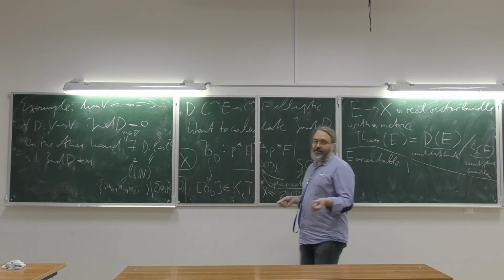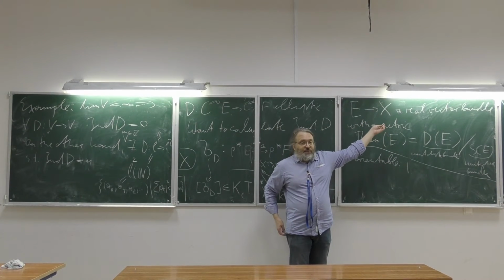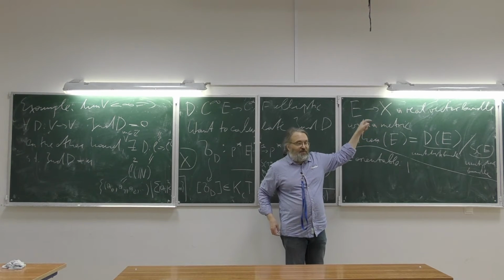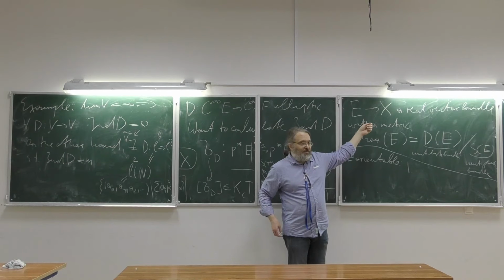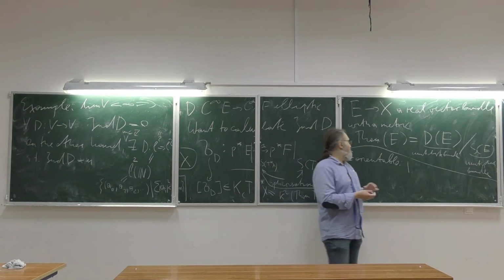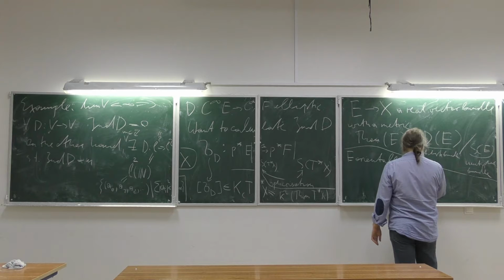which means every fiber has an orientation, and the orientation depends continuously on the point of the base over which we take the fiber. Then there is an isomorphism